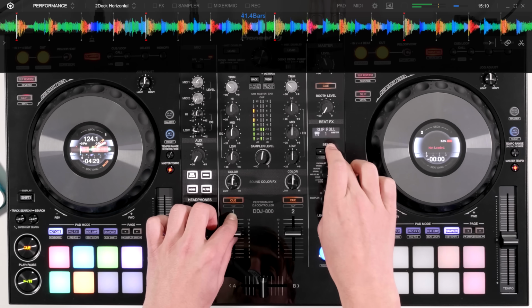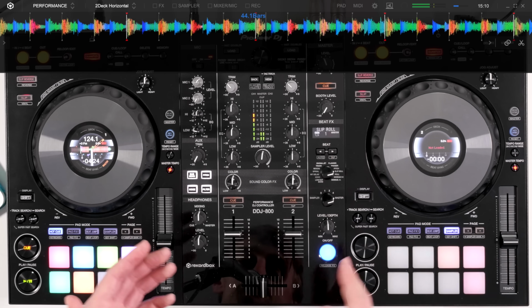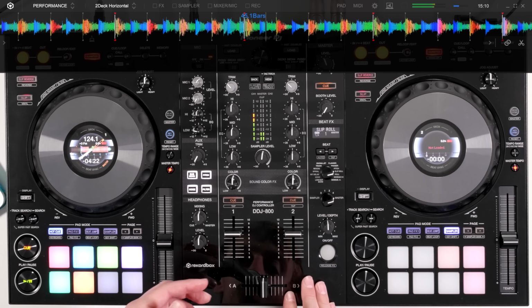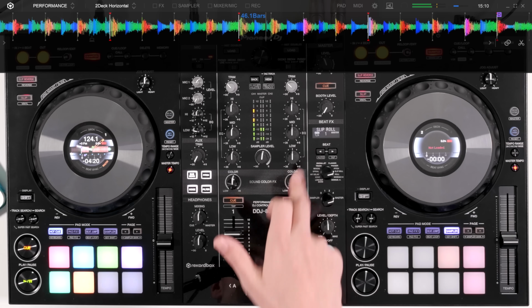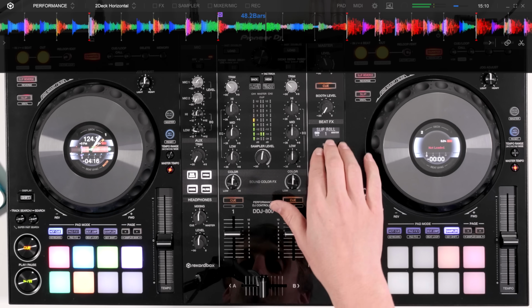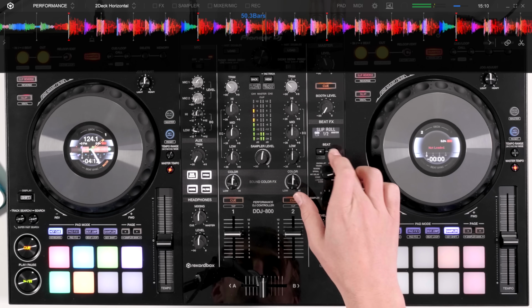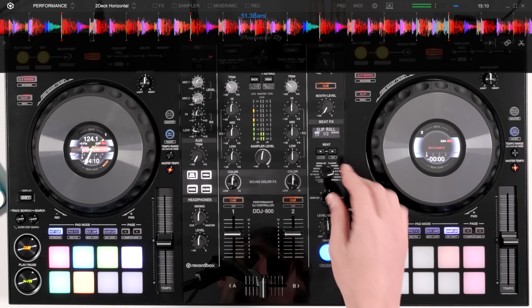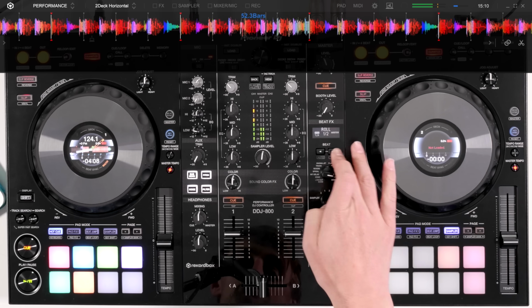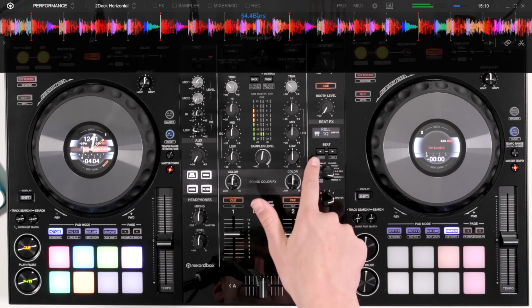Slip roll will record whatever you activate it on. So say if we've got one beat, it will record that one beat, loop it over, then when we change the beat fraction, it will listen to something else in the track that's currently playing and grab that. So you can get some glitchy effects. The normal roll will loop whatever you activate it on, and then you can chop that loop down